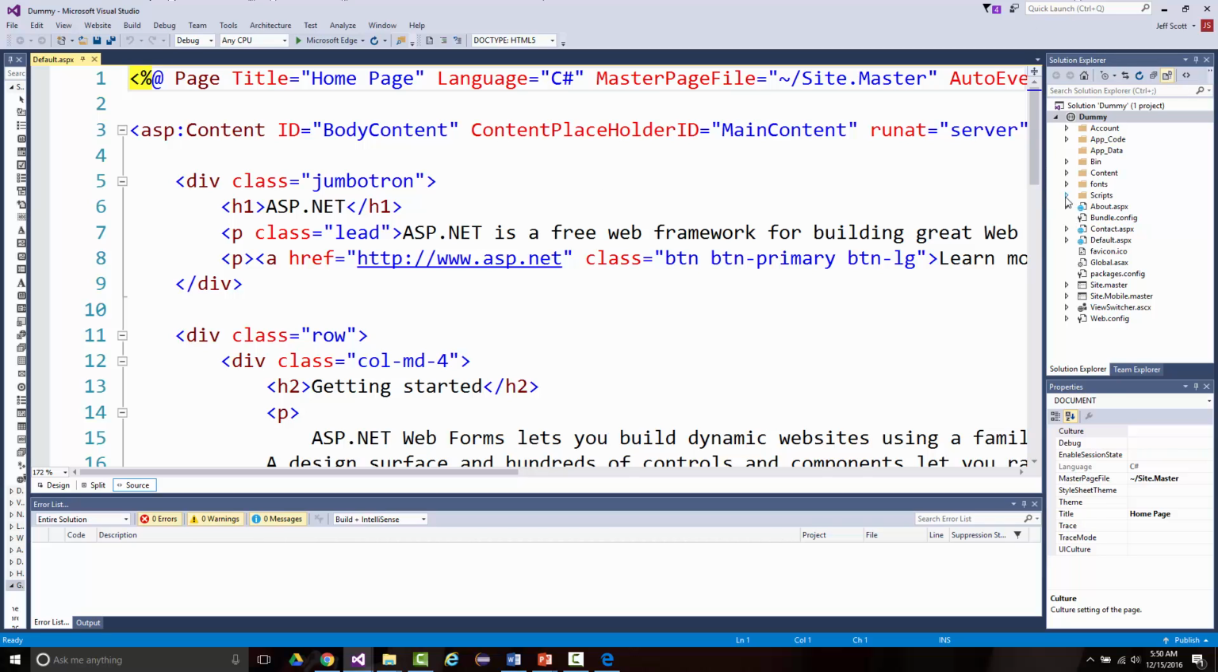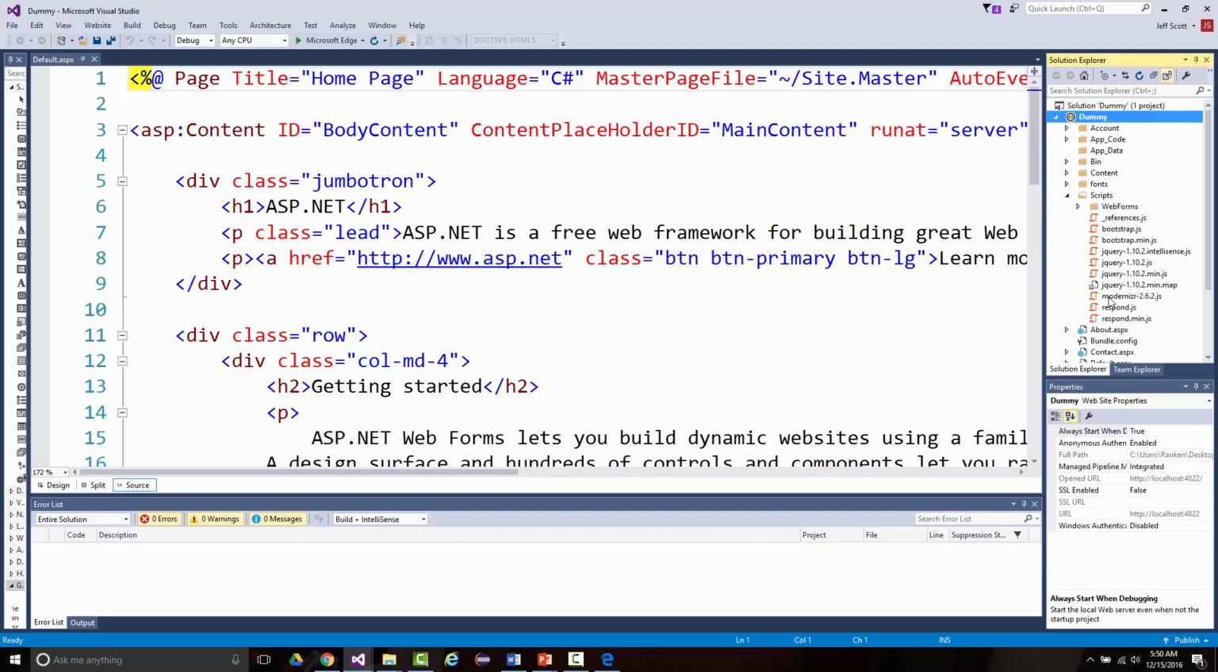We've got a scripts directory. It's got a bunch of jQuery in it. We've got a fonts directory with a bunch of glyphicons in it. All right. And there's a favicon, there's a few other things, but the point here is, if I go and run this right now,